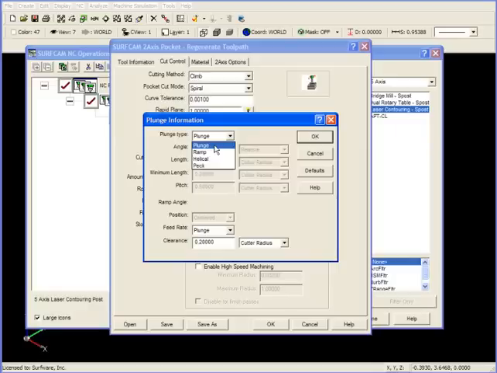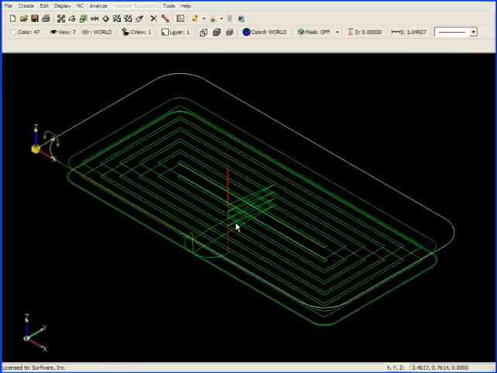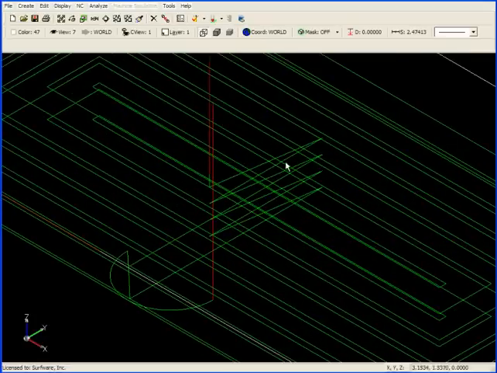A plunge move is a straight move into the material and requires a center cutting end mill. Ramp is a ramping move into the material, and helical is a helical move into the material. Neither ramp nor helical require a center cutting end mill. Peck is like a plunge move, except it will peck the material down to the Z level. If I change my plunge type to ramp and select OK and click OK again, if we zoom up on the part this time, we can see a ramping move back and forth into the part until we reach our